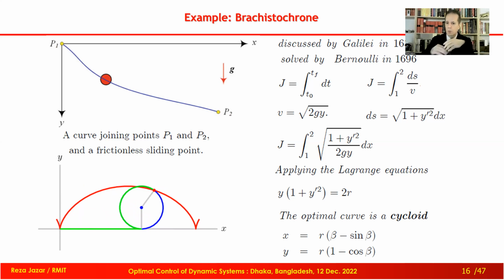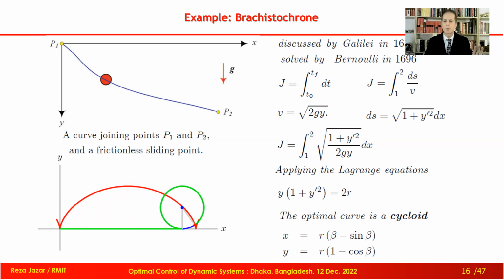Anyway, all of those scientists that I mentioned, they solved that the path is a cycloid. And a cycloid is a path made when a circle is rolling on another curve; let's assume that curve is at the moment a straight line. So the circle is rolling on the ground. Any point on the periphery of the circle makes a path. That path is called a cycloid. Here on the bottom, you see the cycloid in red. So that path gives us the solution of the brachistochrone.